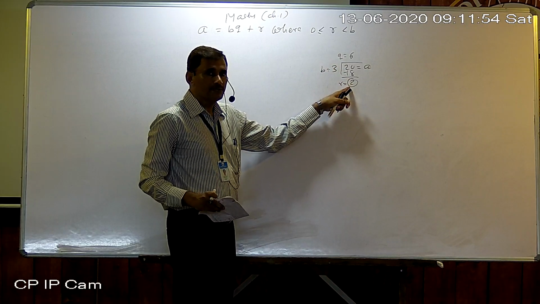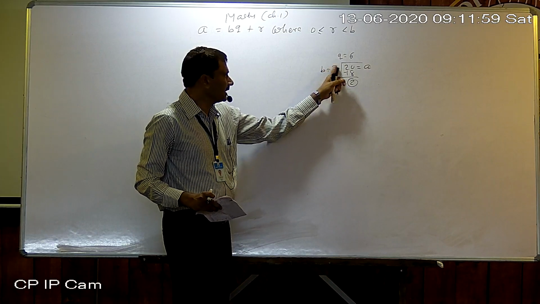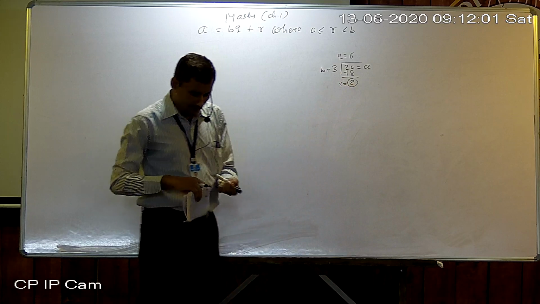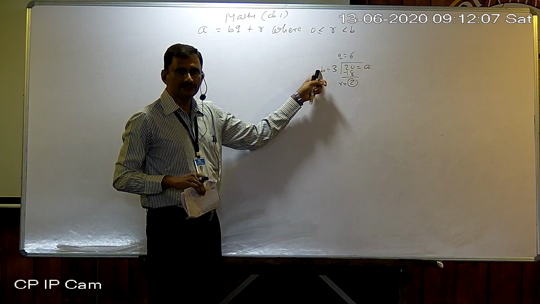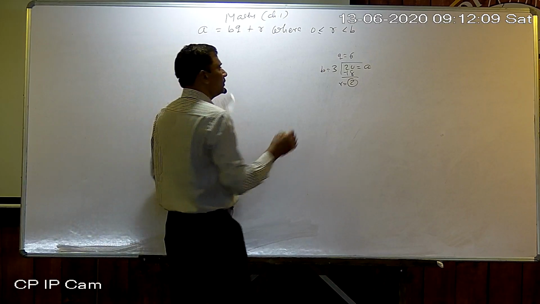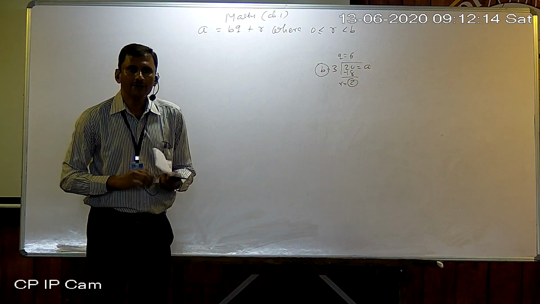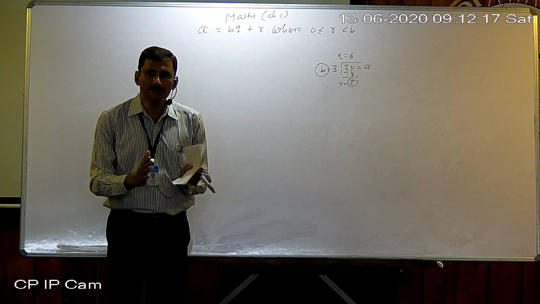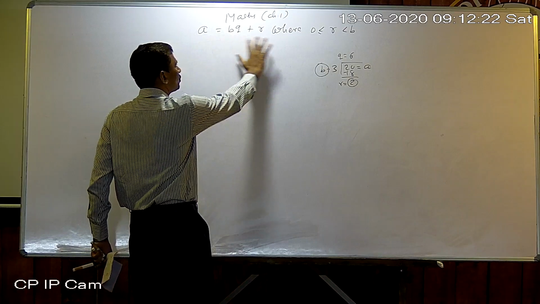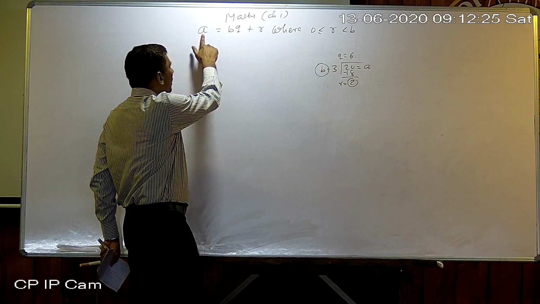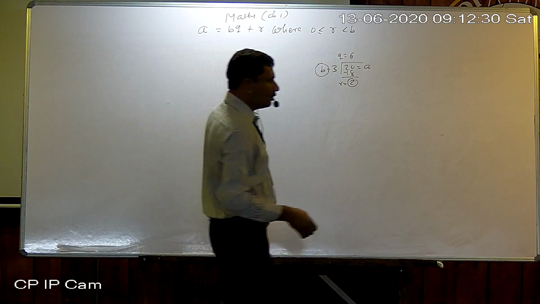Why? Because if we divide any given number by its factor, then obviously the remainder will be 0. But the remainder cannot be equal to or greater than the divisor, meaning B. Okay. Now, first of all, we have to decide B when we think about any expression of a given number. According to our decided B, many expressions of A will be obtained. Okay, I am taking one or two examples of numbers.